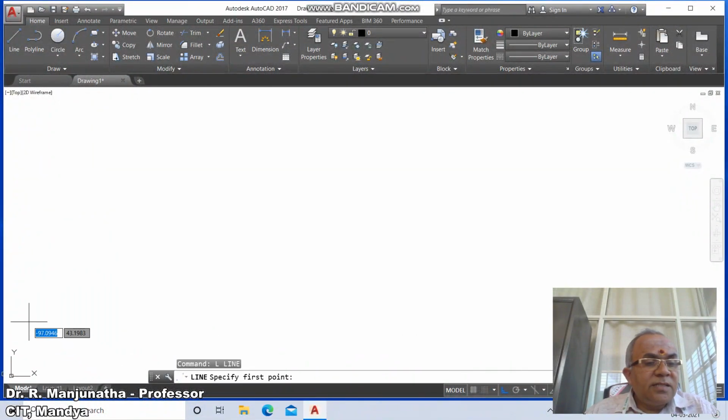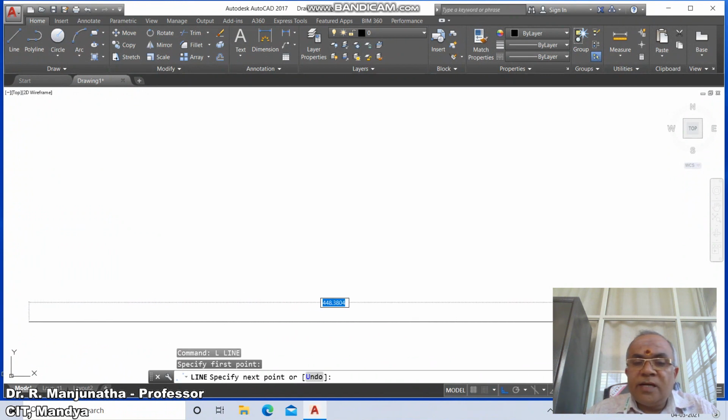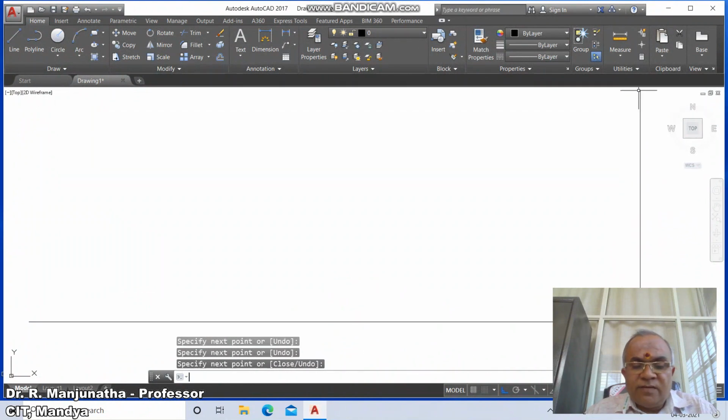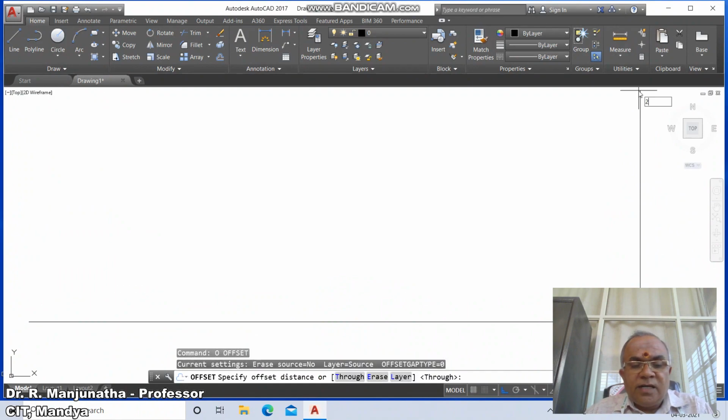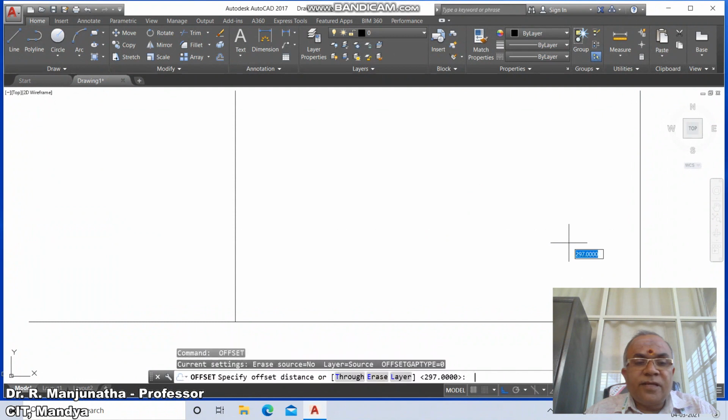to line, select some arbitrary point, click the first button of the mouse and drag the mouse to the right side, and again click the first button of the mouse and then take the mouse to the upper side and again click, and then go to offset, take the distance as 297, select this vertical line and offset to the left side, again go to the offset, take the distance as